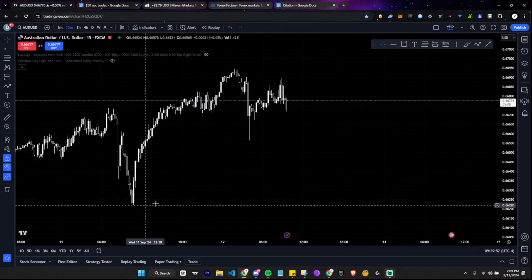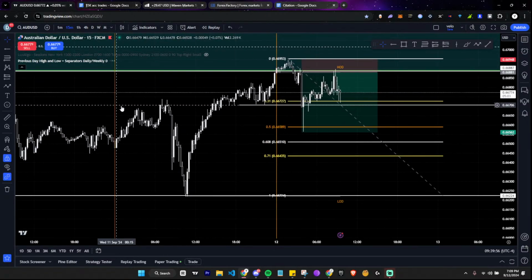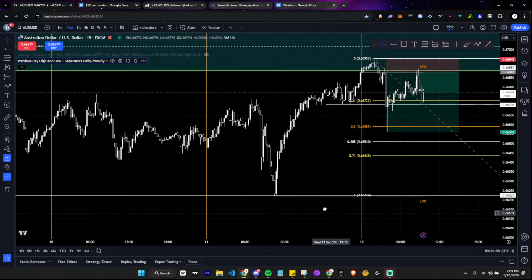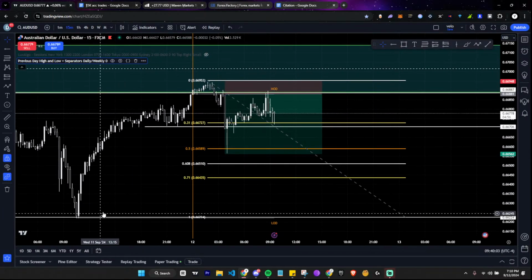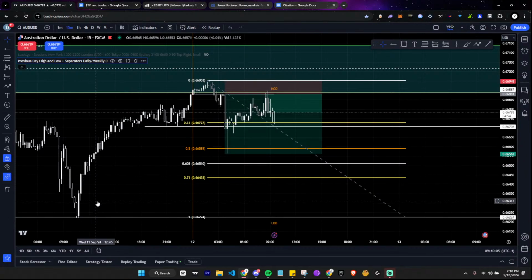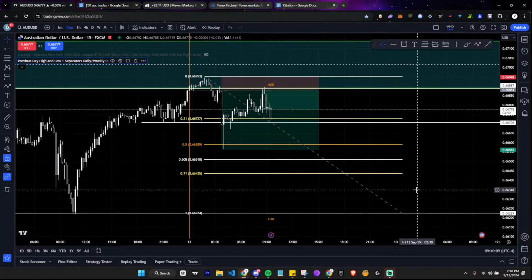Obviously I'm expecting price to low-key go and take, because this was like the previous day's low, right? This was the previous day's low. Let me show you guys. So as you guys can see, this is the previous day's low of day, as you can see right here. So I'm not trying to take this all the way towards here, because this was a 1 to 10 trade, but I don't want to take it to a 1 to 10. Because you know, obviously 1 to 10s are kind of uncertain, right?